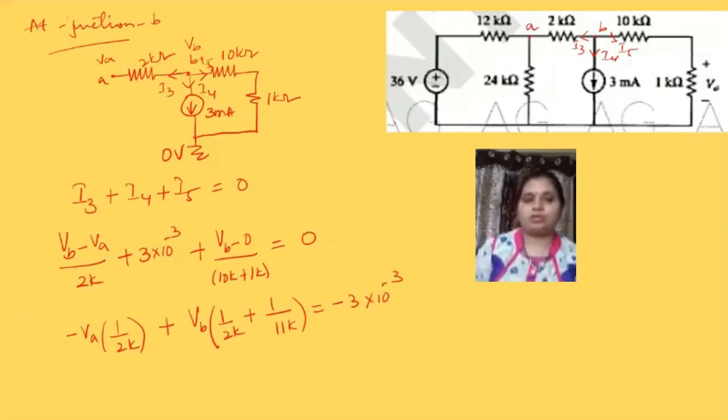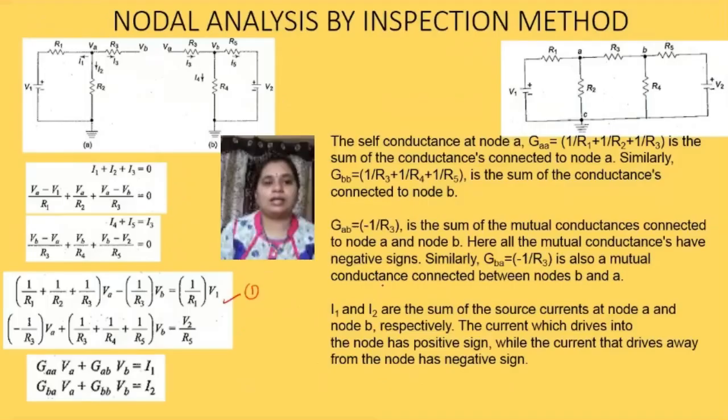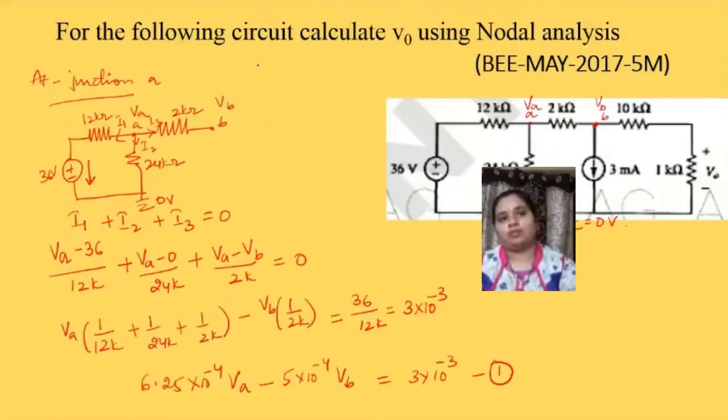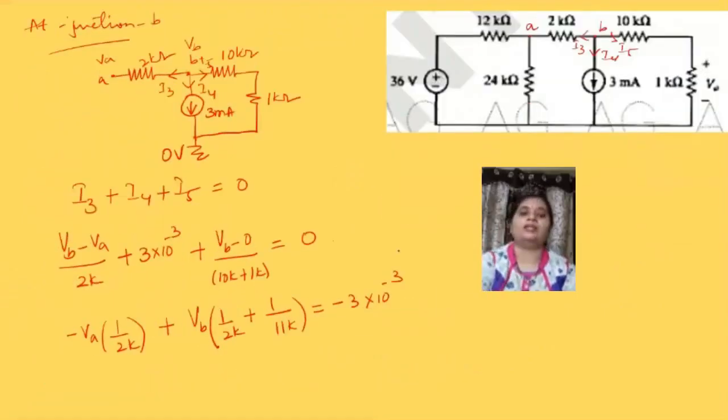So this also you can just verify with the standard equation. The second equation is, that is mutual resistor. So VA divided by R, by 3 into the resistors which are connected to that particular junction. So it is R3, R4 and R5, and which will be equal to the voltage source divided by the resistance, so V2 divided by R5. So here the value is directly given as 3 milliamps. So this equation is,